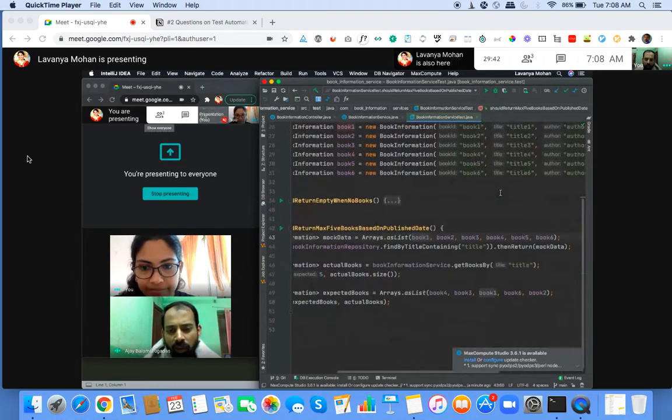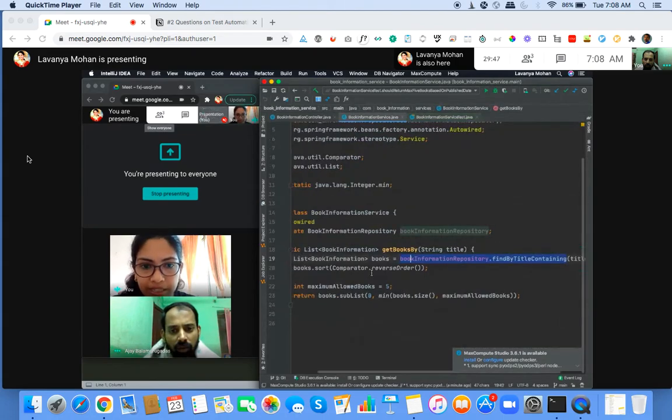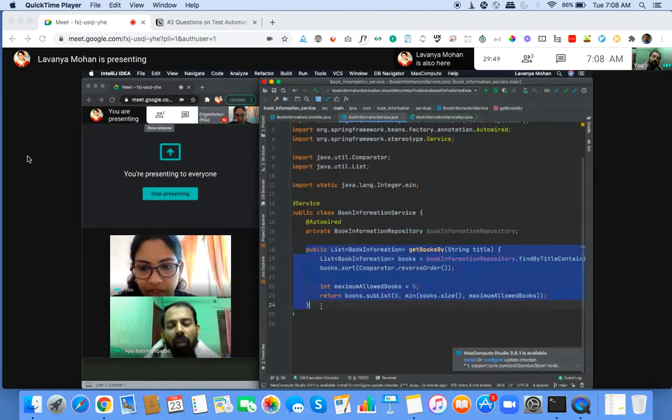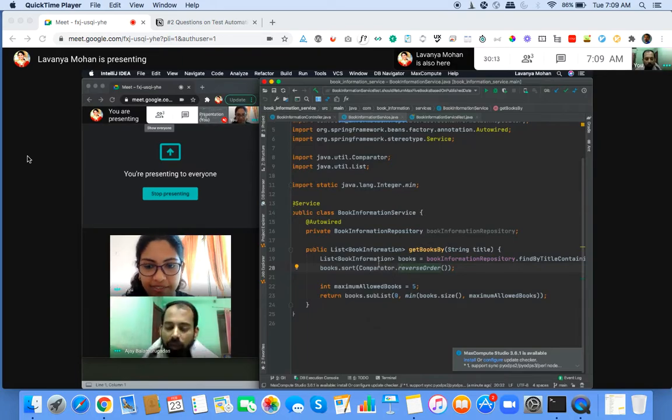Why are we doing this? So we want to independently test this particular method. We do not want to test this method plus this other repository method. Since this is a unit test and we want to test this independently, we are mocking the response of another class, another method call. Because to test end-to-end, we might as well have some other test, so we'll start with the unit level. So that it's focused.